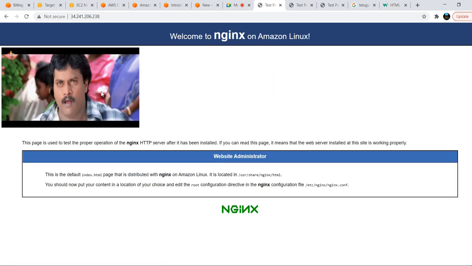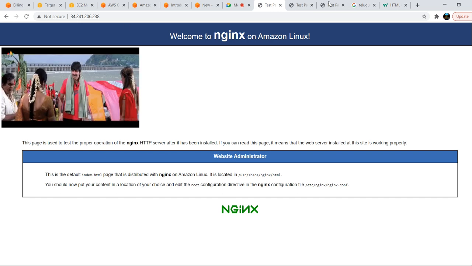Now you can see, right, in server 1 we are getting this one.